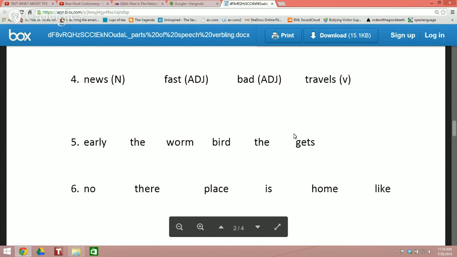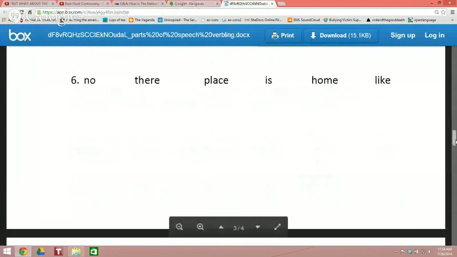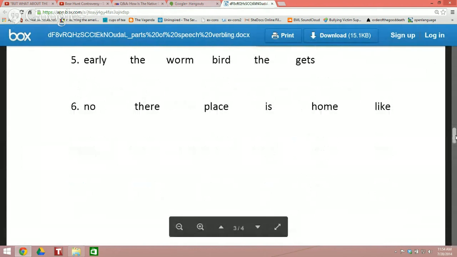Awesome. Okay. And number 6. Vu, can you read number 6 for us in the correct order? There is no place like home. And what's the meaning of that phrase? Home is the best. The best place to stay. It is very safe for everyone. Yeah. Excellent.